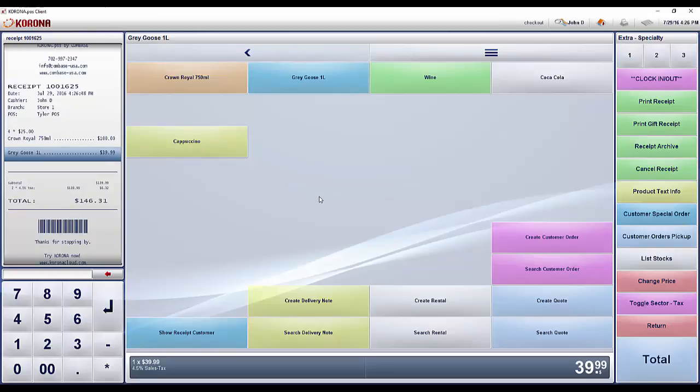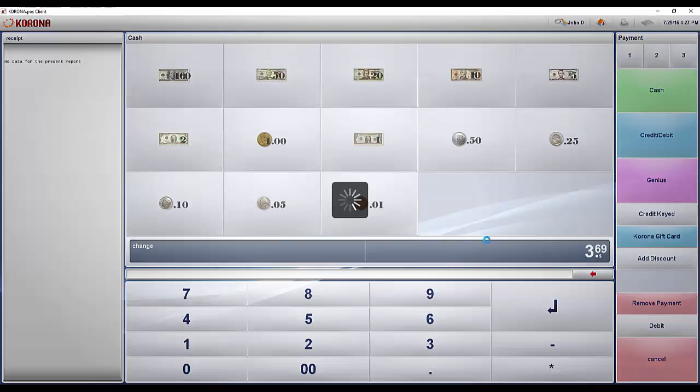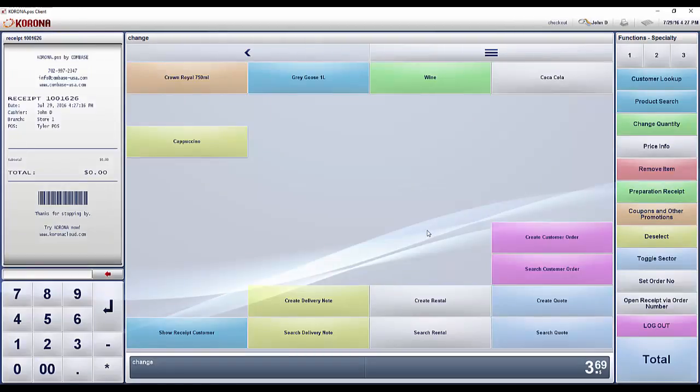Once all items have been added to the receipt, the cashier can move on to taking payment using the Total button. Here, the cashier can quickly enter the customer payment by selecting the bills or entering in the given cash amount. If the customer wishes to pay via credit or debit card, you can select the appropriate payment option. Of course, you can always take partial payments, allowing customers to pay with multiple payment options. Once the received payment covers the receipt total, the point of sale will automatically close the transaction and print the receipt.